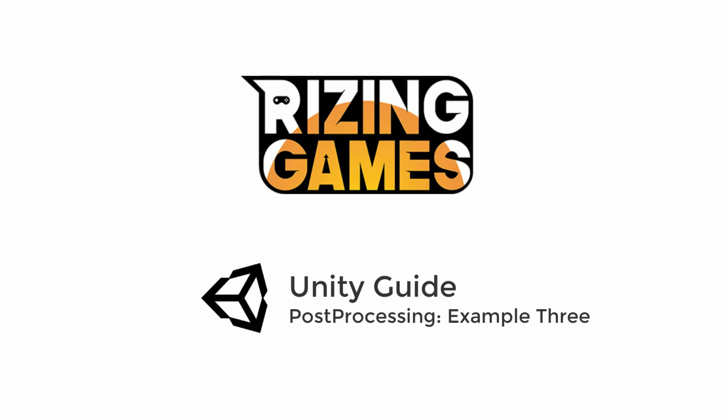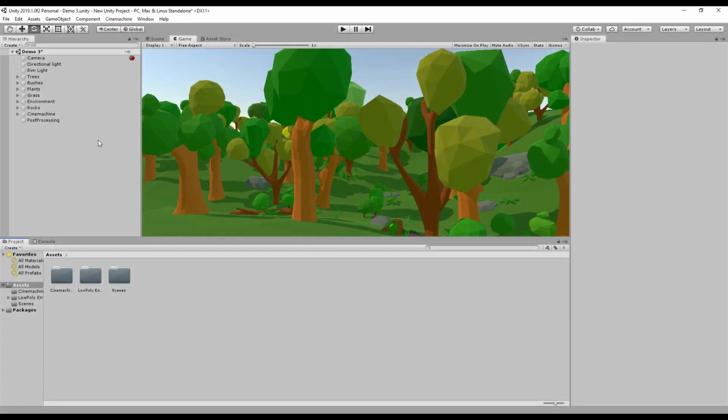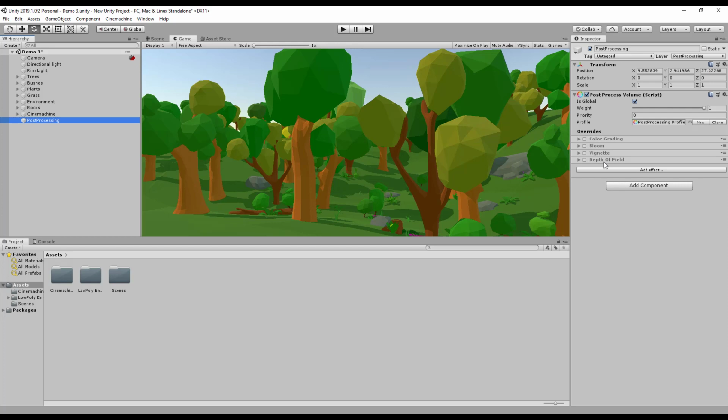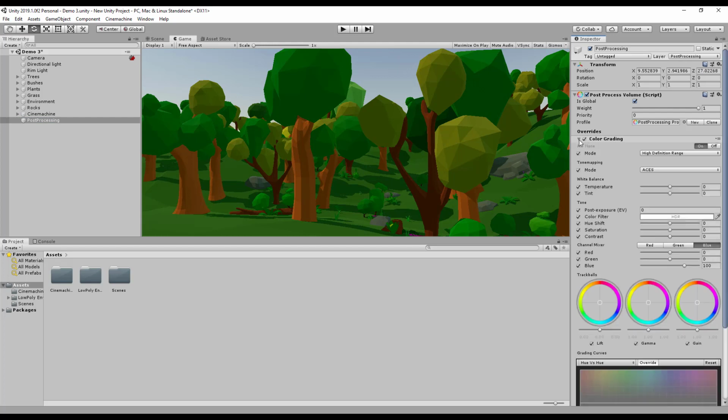In this example, we're going to go for a more filmic and cinematic effect on our scene. You can see just 4 effects used, the most impactful of which is the color grading. Here we have changed our tone mapping to aces for that cinematic effect, and this has quite an impact on